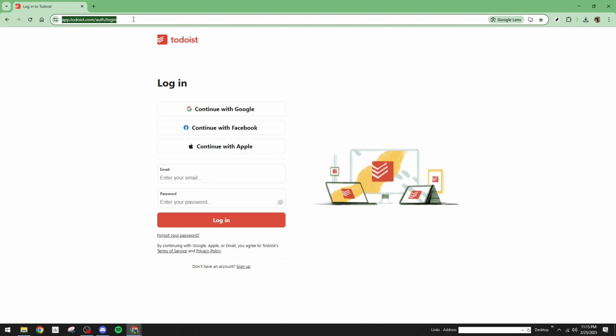Once you're at the login page, you'll need to enter your credentials. Start by typing in the email address associated with your Todoist account. Make sure you enter the email correctly to avoid any login issues. After entering your email, proceed to type in your password in the appropriate field. It's important to double check your password to ensure it's correct, as this will save you from any frustrating login